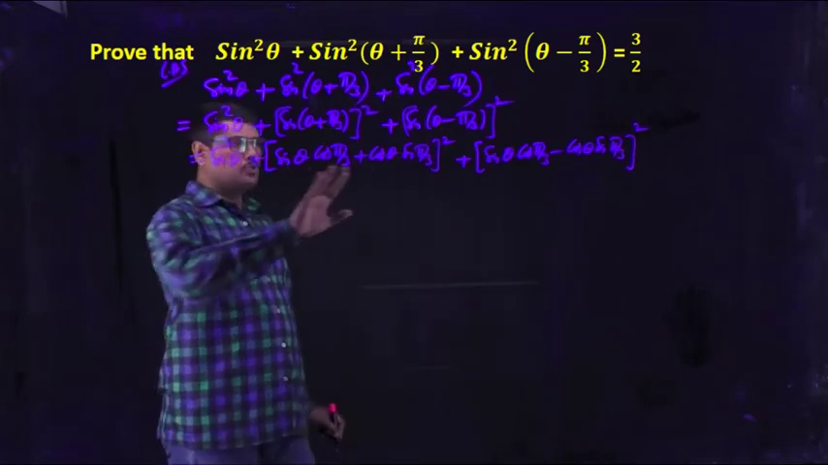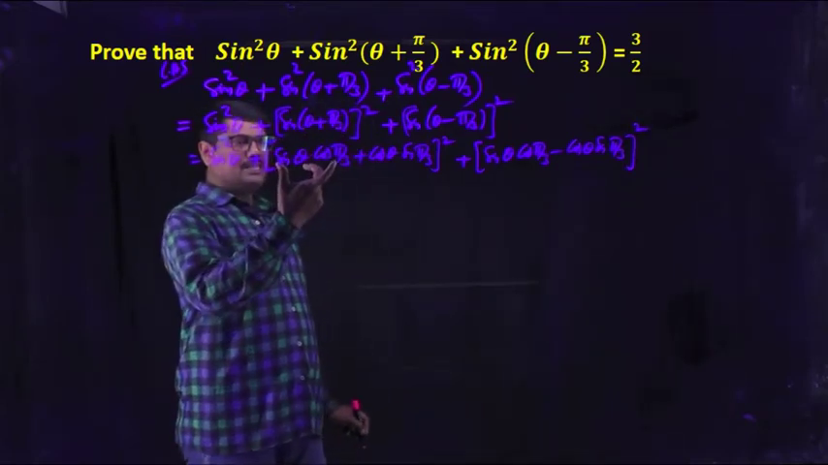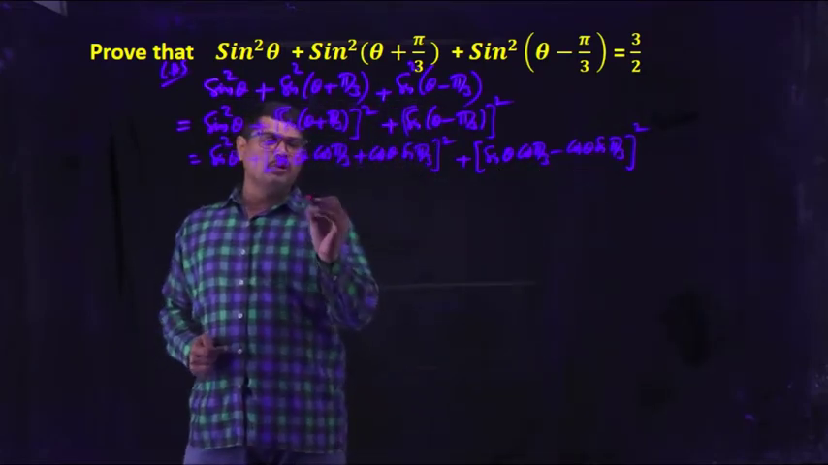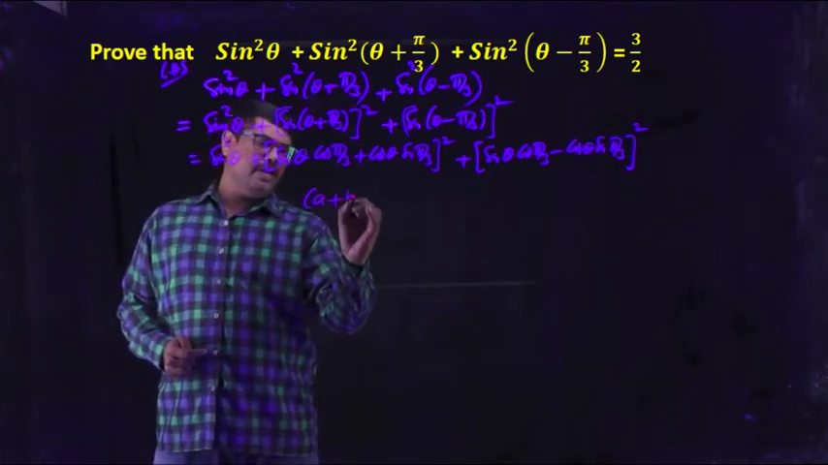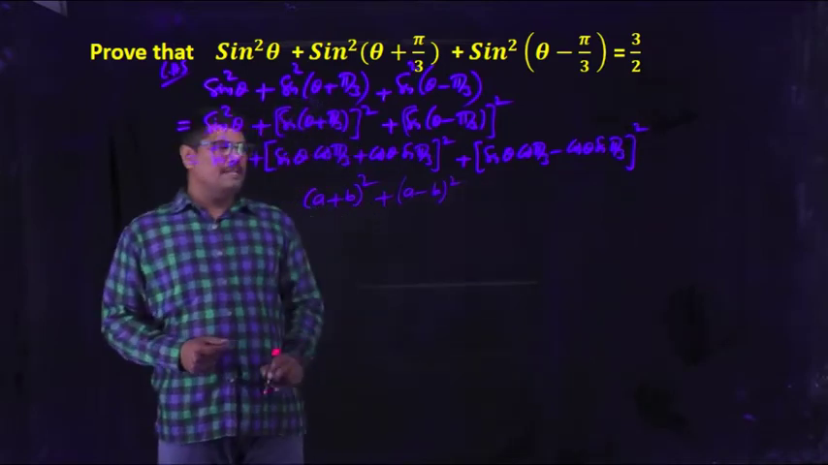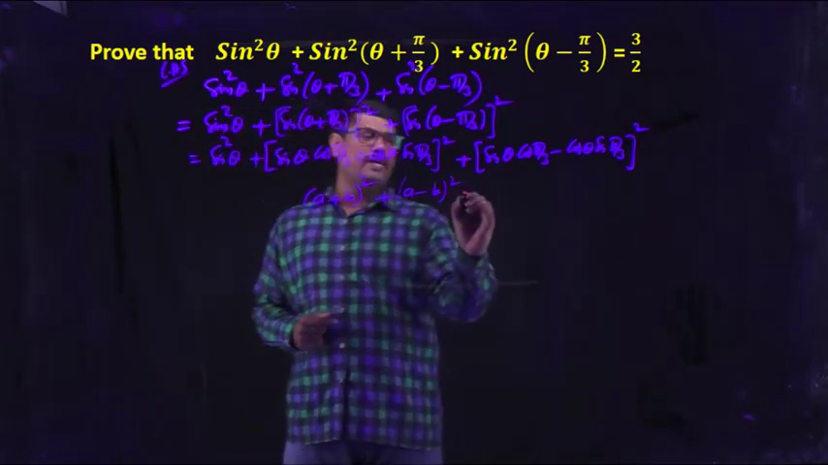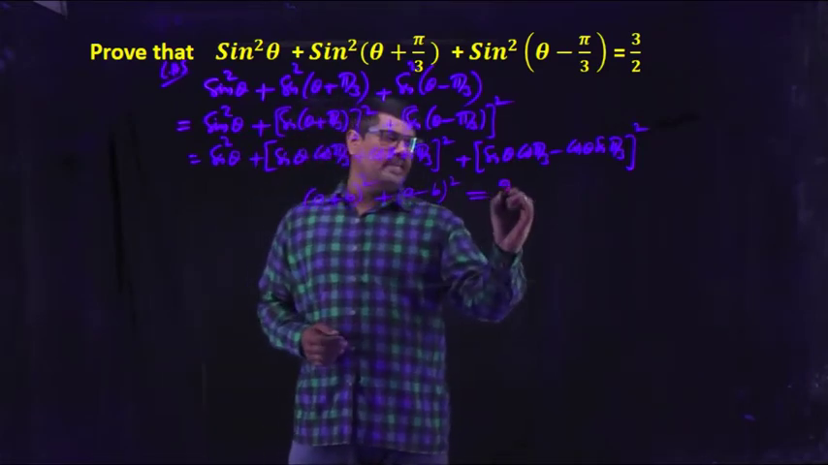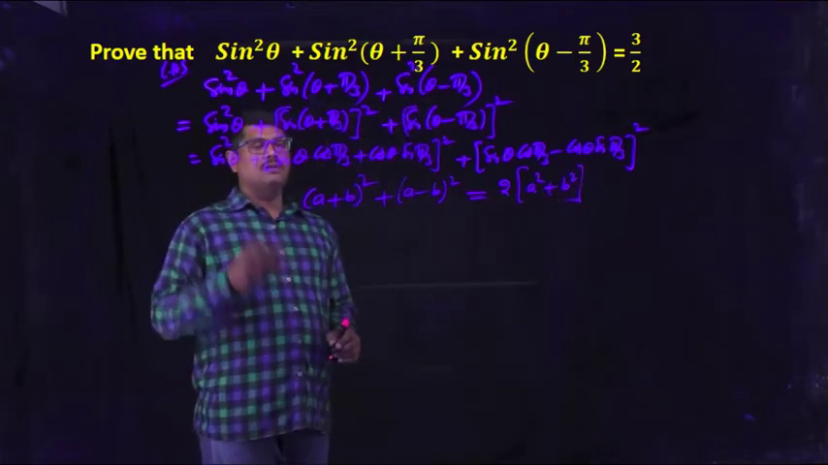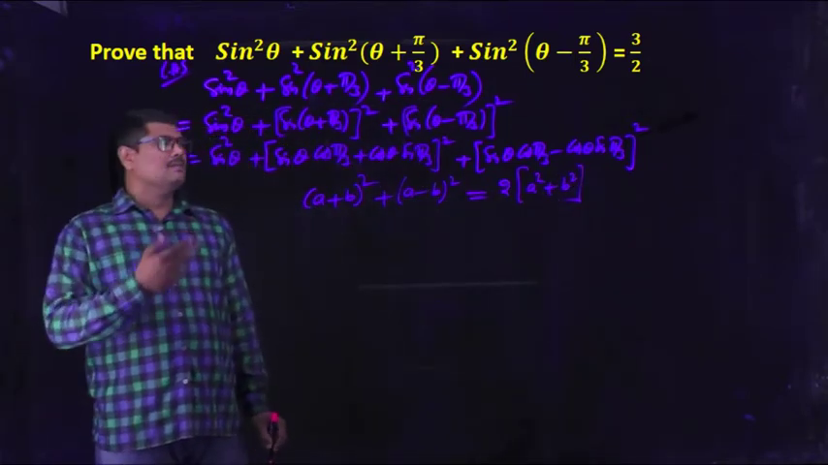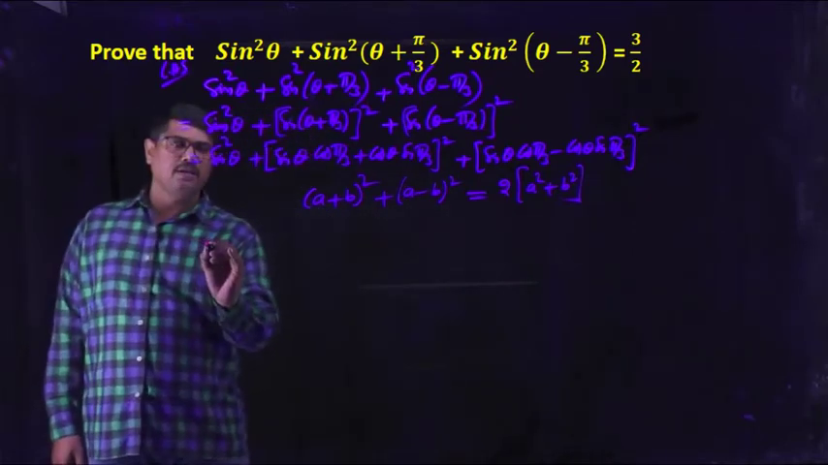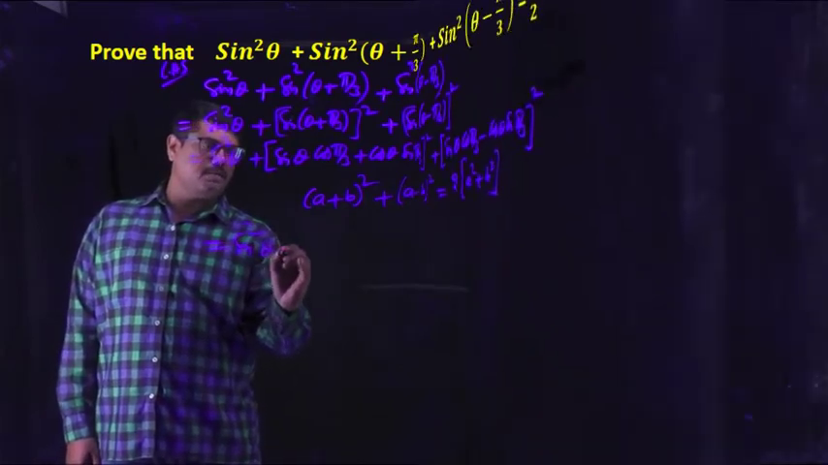If you observe these two expressions, this is like a plus b whole square and this is like a minus b whole square. So you have to remember the formula: a plus b whole square plus a minus b whole square, whose value is 2 into a square plus b square. So a plus b whole square plus a minus b whole square, you will get the value 2 into a square plus b square. Now using that formula, sin square theta plus